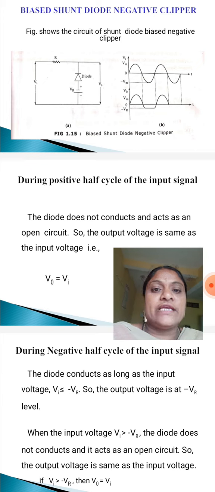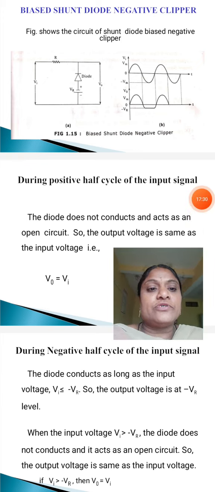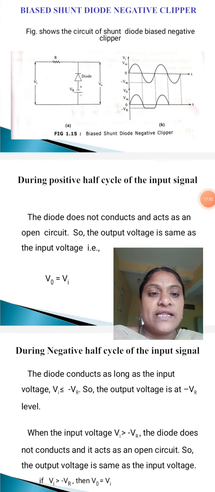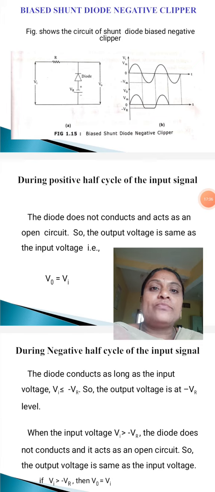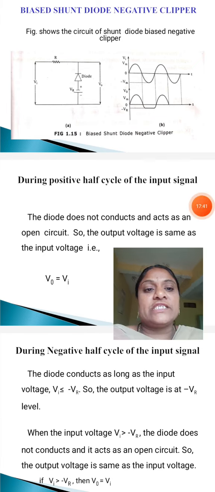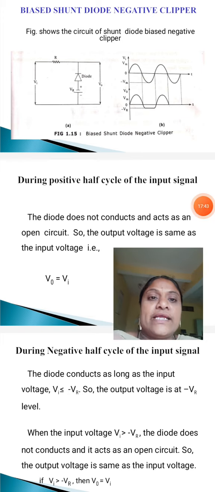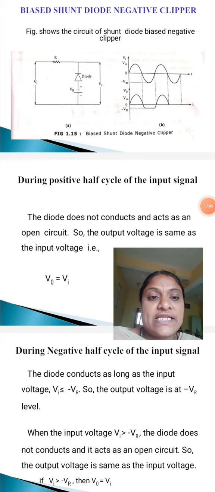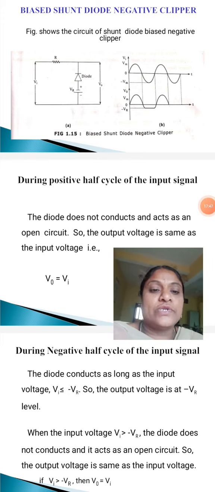I repeat once again. During the positive half cycle of the input signal, the diode acts as an open circuit. So the output voltage is the same as the input voltage, that is nothing but V0 is equal to Vi. And next, during the negative half cycle of the input signal,